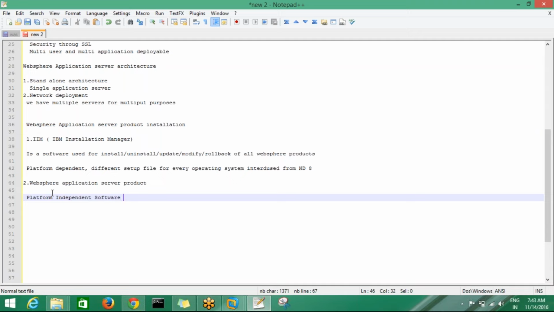That means all operating systems can use the same set of files, all operating systems have the same set of files.